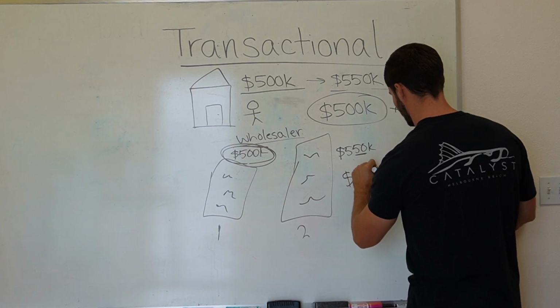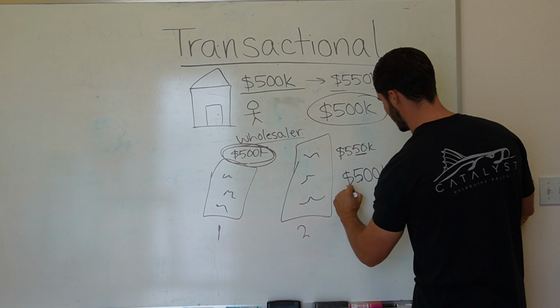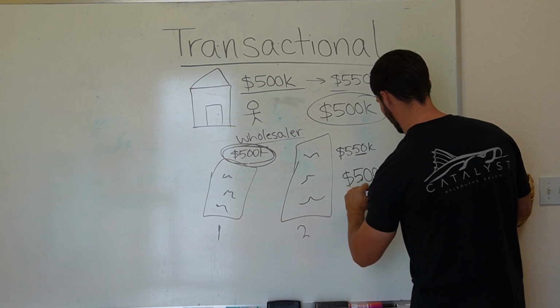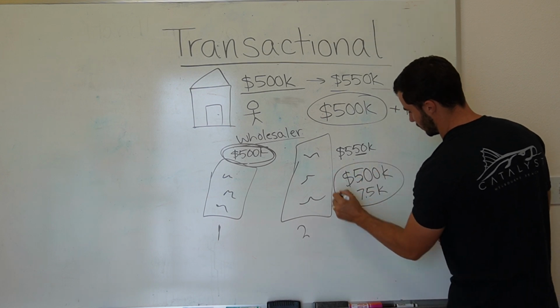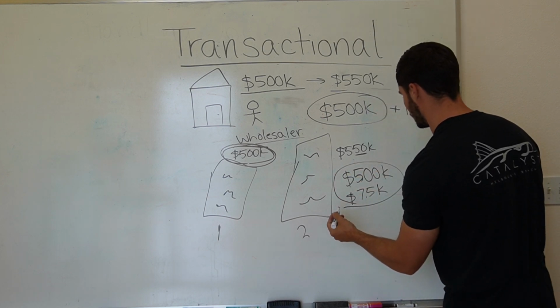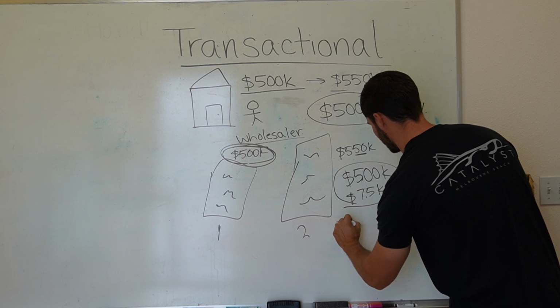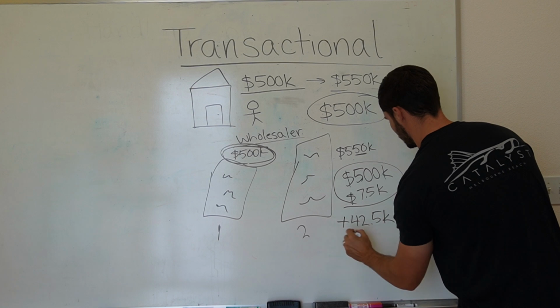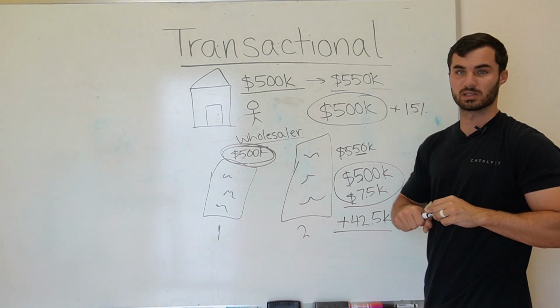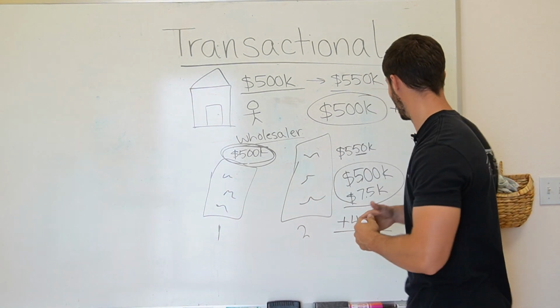So I lent the 500,000, then I took a fee of, what would that be, 7.5 thousand. So I get these two things, and then the wholesaler is gonna get the rest of that, which is plus 42,500. Boom. Right? Wholesaler makes money, you make money, that's where the money comes from,